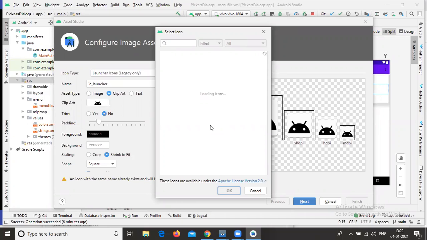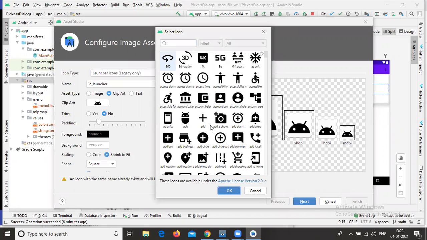But the one thing you should remember is that whatever icon you choose, it should be meaningful. If you click this plus symbol, it indicates adding.